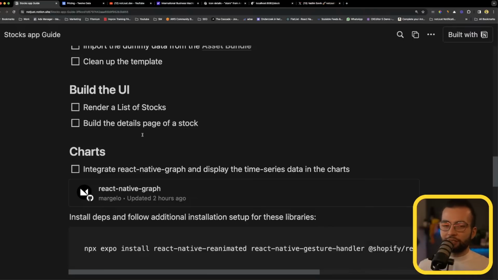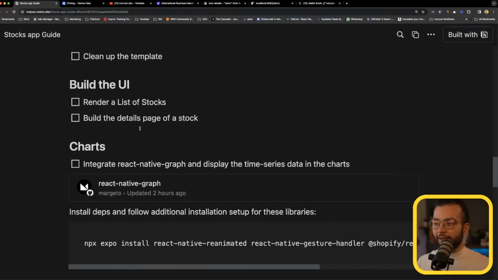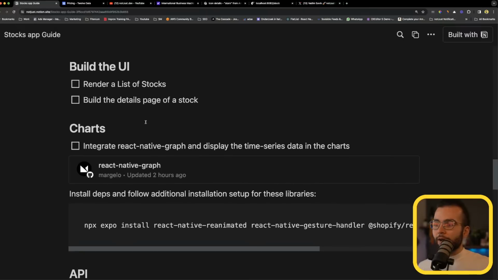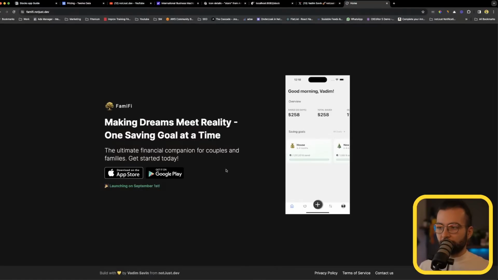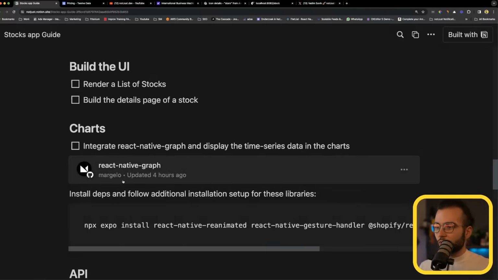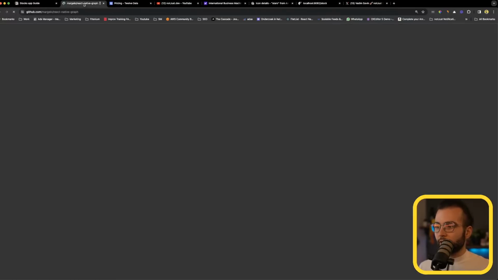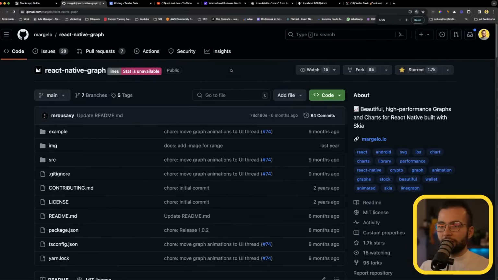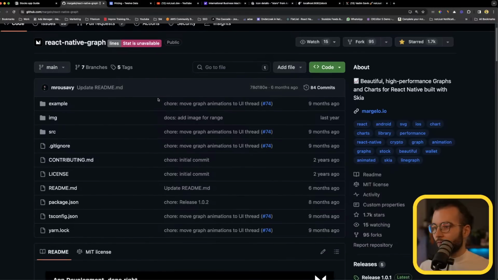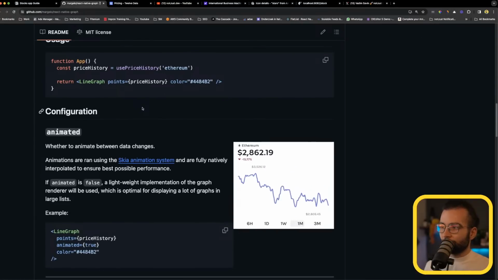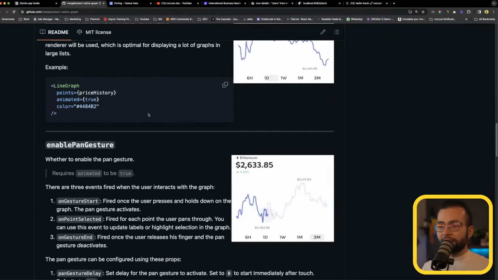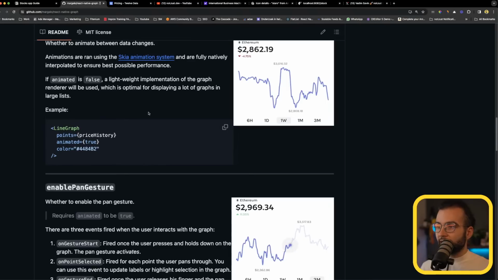So the situation right now with charting, in my opinion, is not the best. But the library that I'm using in my Famify application is this one, React Native Graph, built by Mark from Margelo. And even though the documentation is not the best, not very clear, the implementation is really nice because